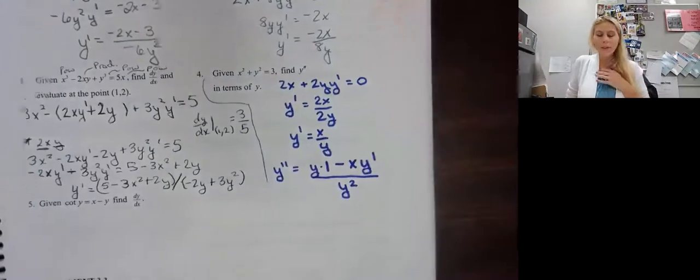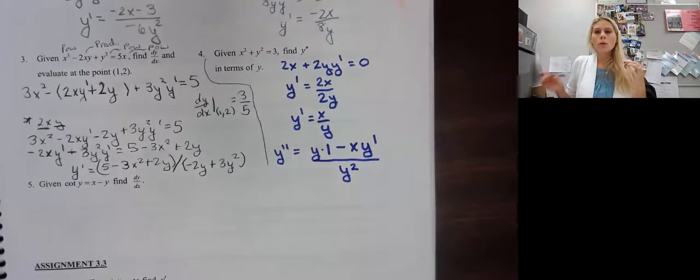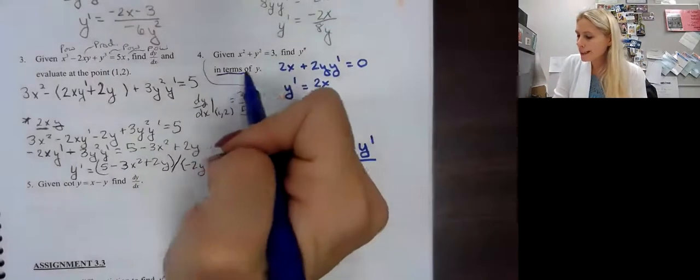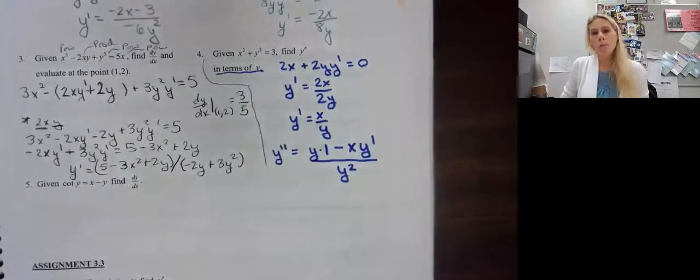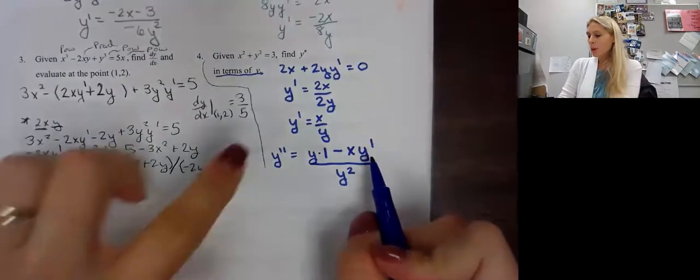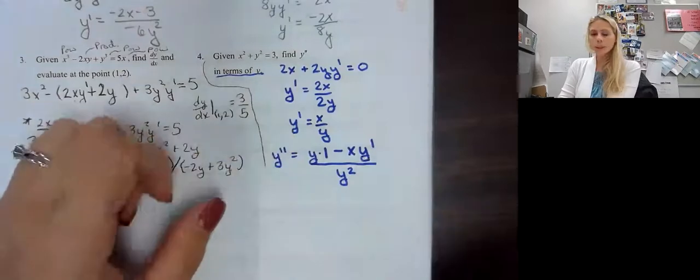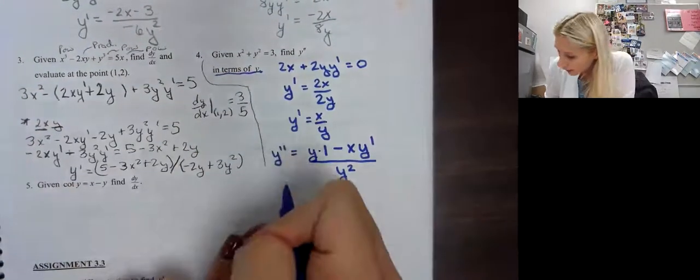Now, it's very, very tempting to keep it in this form. But if you look, we need it in terms of y. We have a y prime. We have an issue here. So what we're going to do is, we know what y prime is, so we're going to substitute that back in. Okay, so we get,